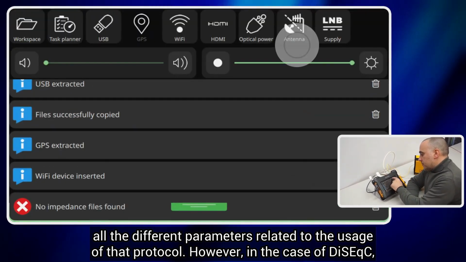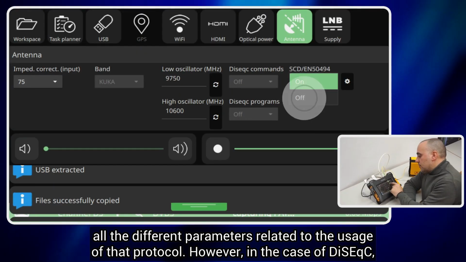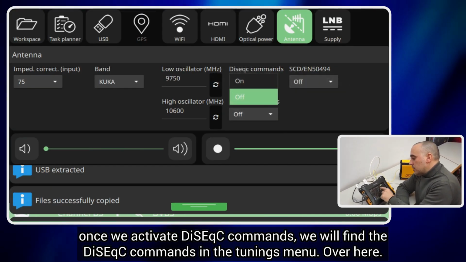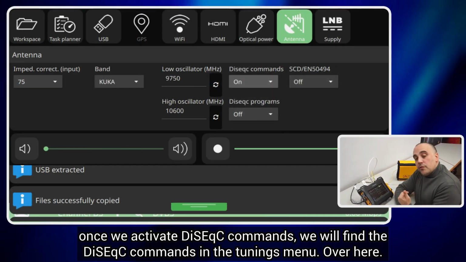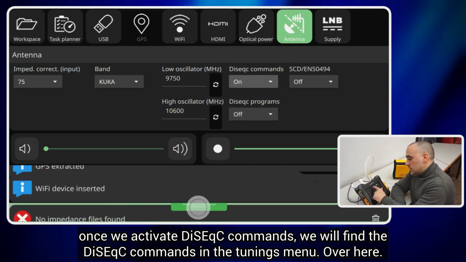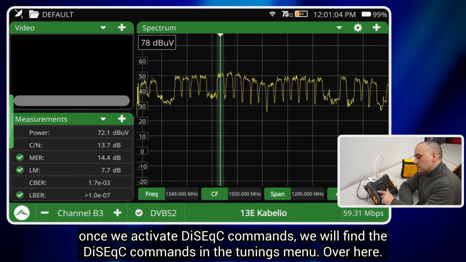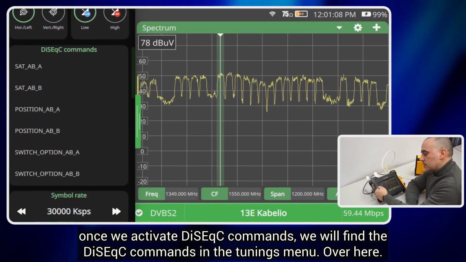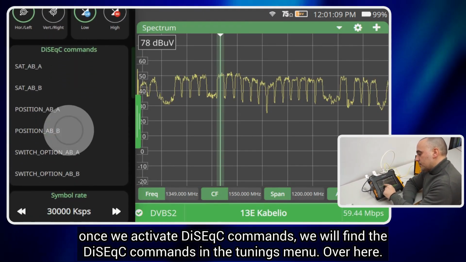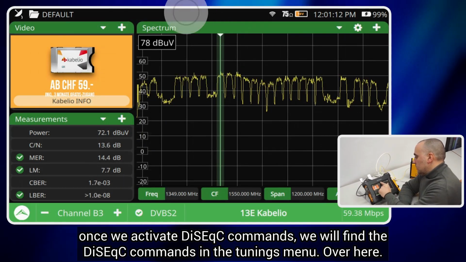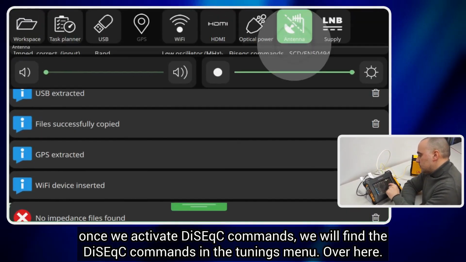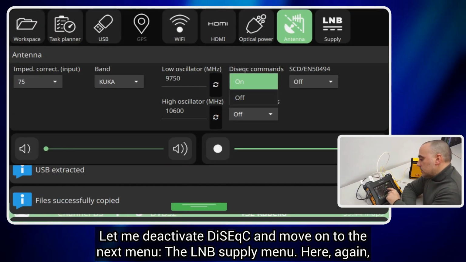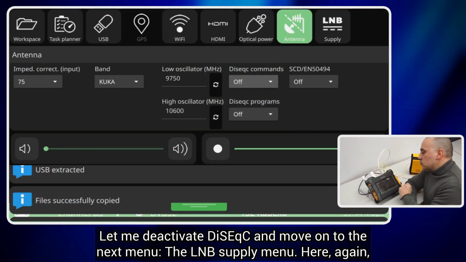However, in the case of DiSEqC, once we activate DiSEqC commands, we will find the DiSEqC commands in the tunings menu. Over here. Let me deactivate DiSEqC and move on to the next menu,